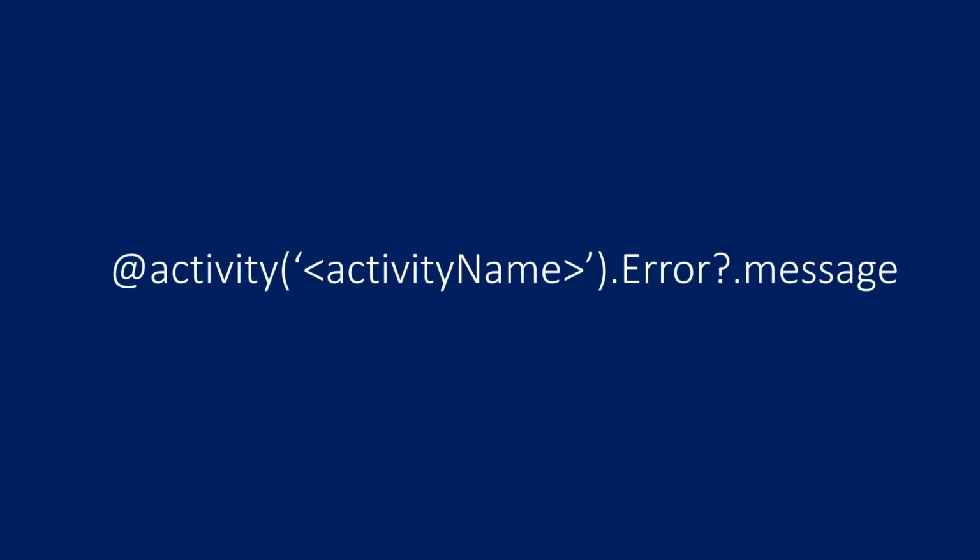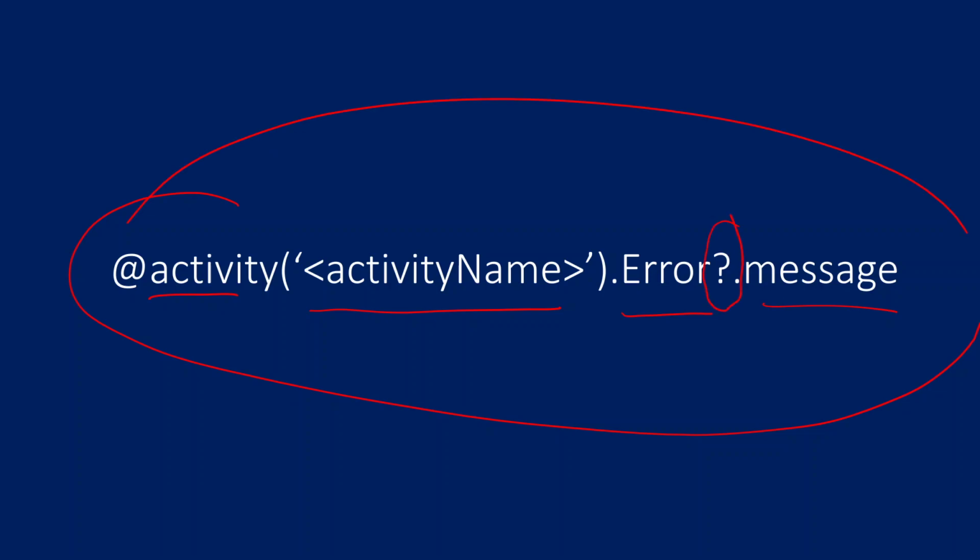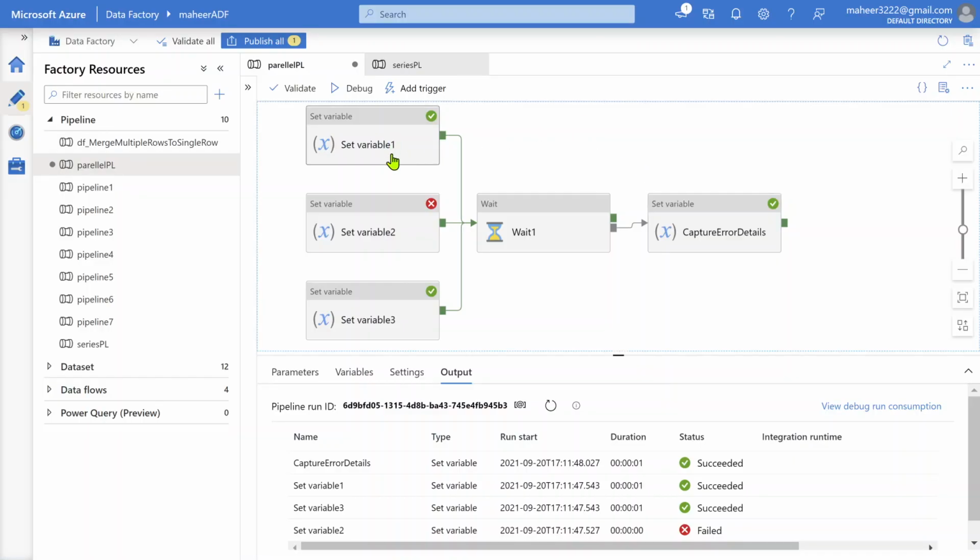So if I go to the presentation, I have explained the same thing here. To capture the error messages, you should use activity name dot error dot message. But since in our scenario an error can happen at any activity, we cannot predict it. That's why try to use this expression for all the activities, and try to append this question mark wherever you feel that particular property may not be available. For example, let's assume in case of a parallel pattern, these are parallel executions, right? That means every activity will get invoked, either it will succeed or it will fail. So every activity will have some execution from your set of activities.